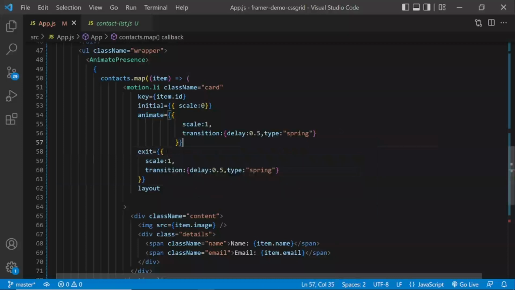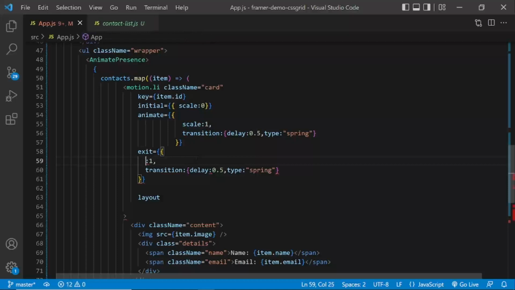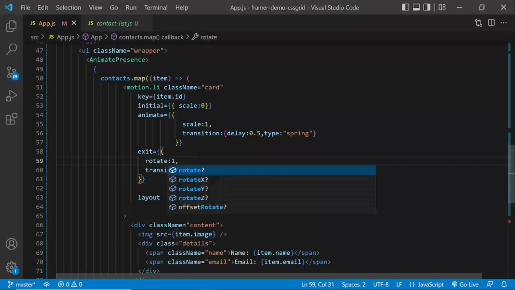Okay, this is similar to this, but this is going to run on exit. So we're just going to say, instead of scale, rotate 500. Okay, and we leave that and see what happens.